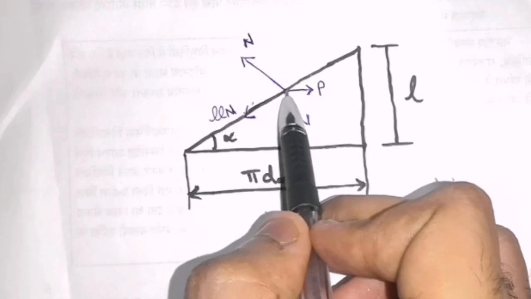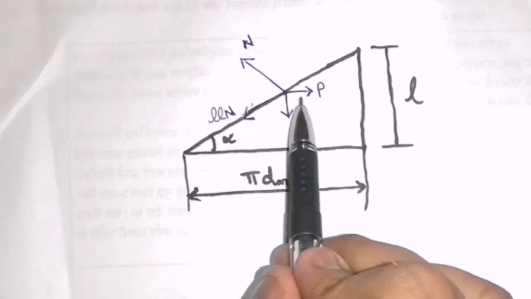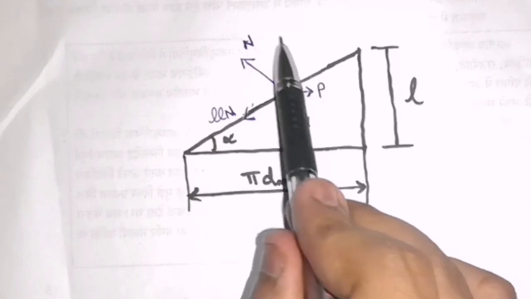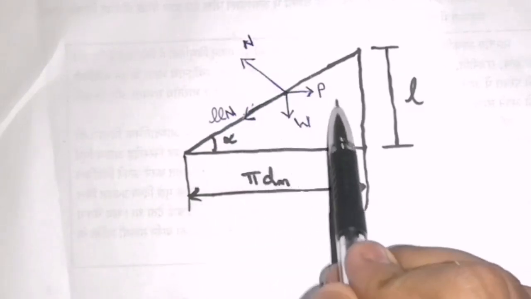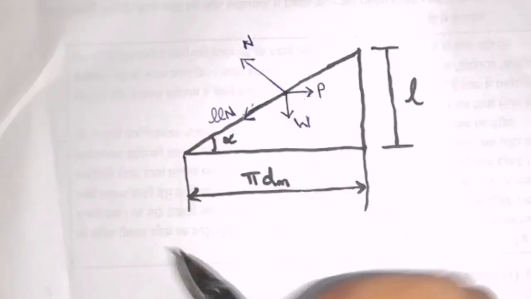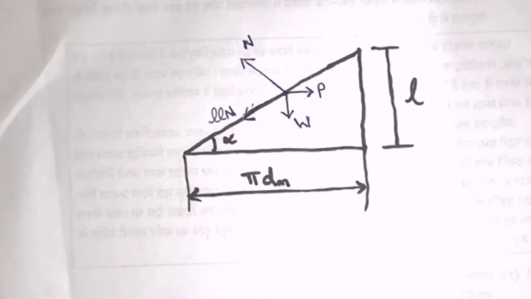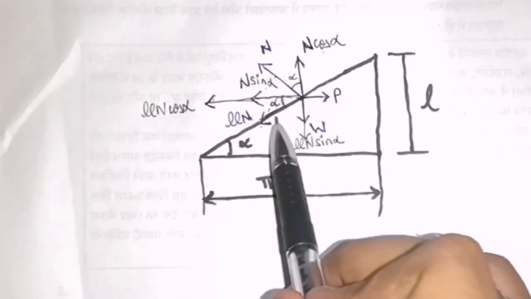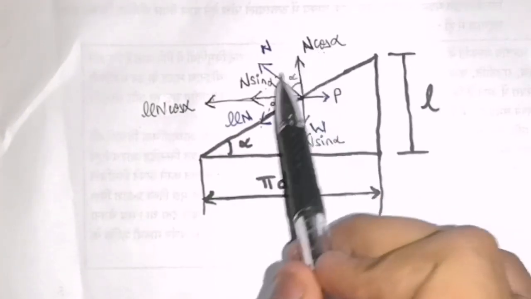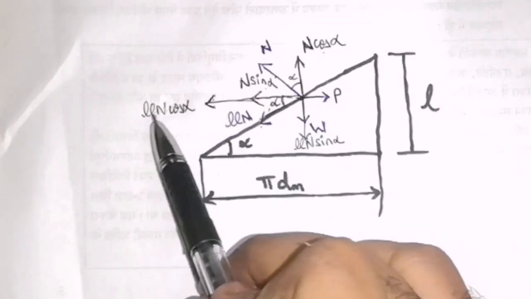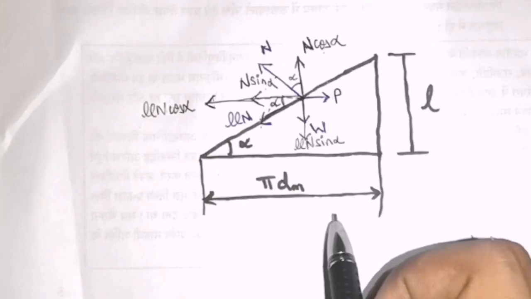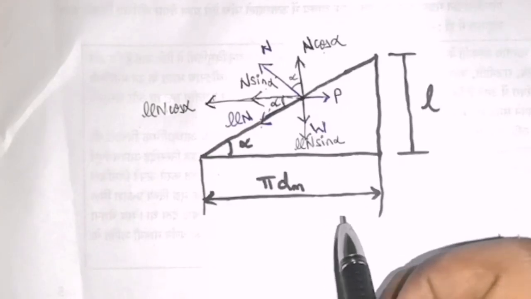will be downward. To find the value of this applied force, we would need to apply conditions of equilibrium to this entire force system. Before applying the conditions of equilibrium, I need to resolve all the inclined forces. So I have resolved the components of N and mu N, N cos alpha and N sin alpha, and similarly mu N cos alpha and mu N sin alpha respectively. Now we can apply conditions of equilibrium.